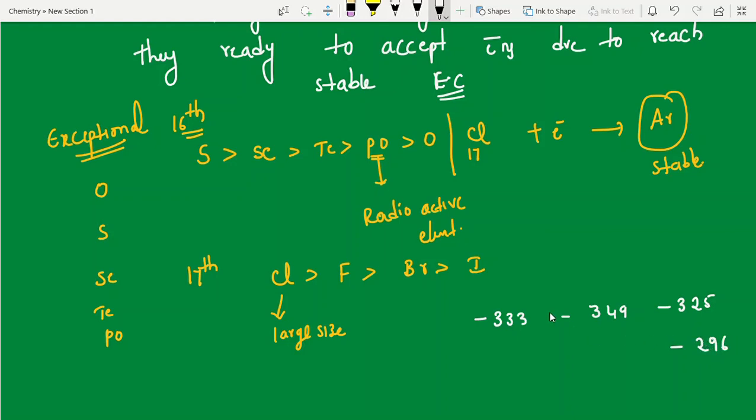Yes, these values they had given. So I am not giving options to you students, which is negative value. Negative value is nothing but gained electrons, meaning ready to accept electrons. Who is accepting? Non-metals only gain electrons, so negative charge. Just hide this value, which is the higher value. That is chlorine. Next this is fluorine, next bromine, then iodine. This is one of the frequently asked questions.